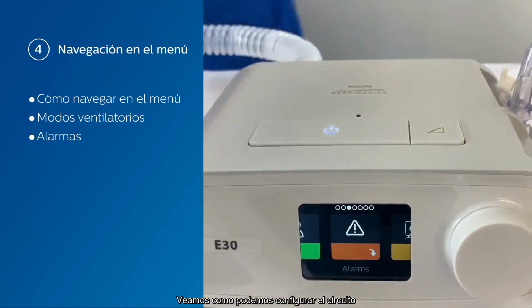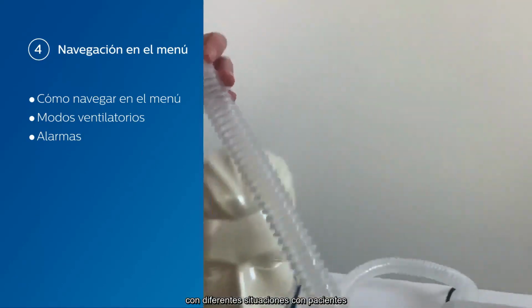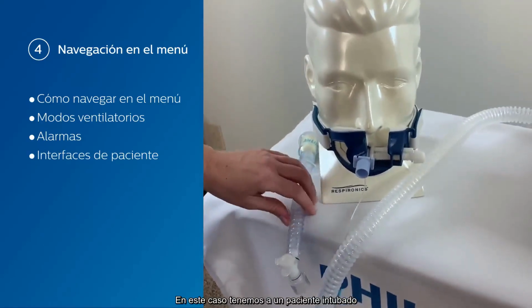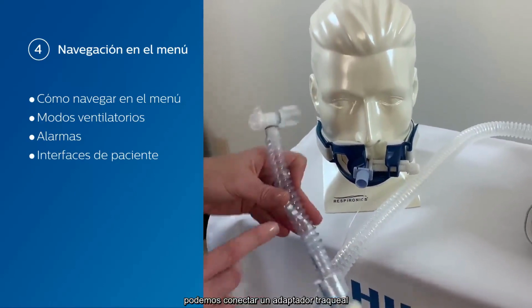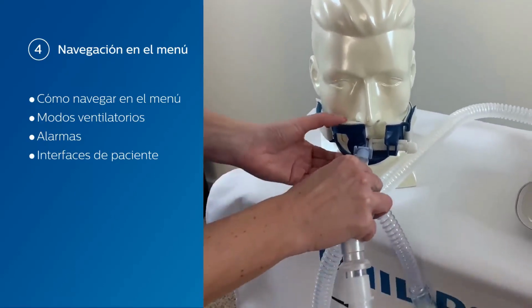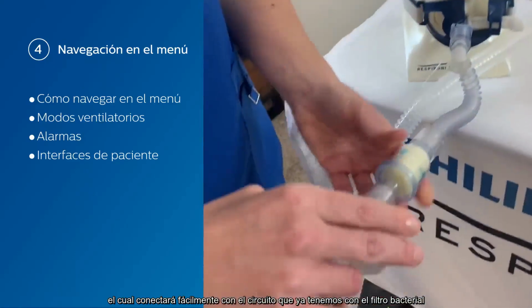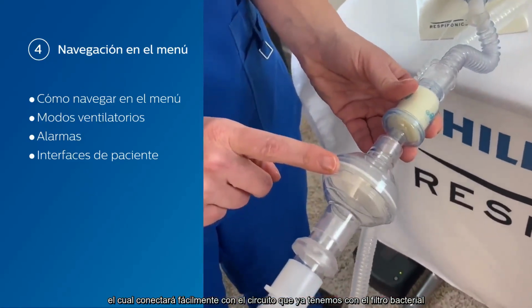Let's take a look at how we can set up the circuit with a number of different patient situations. So in this case, we've got an intubated patient. We can connect a trach adapter with an HME, and that can connect easily to the circuit that we already have with our bacterial viral filter